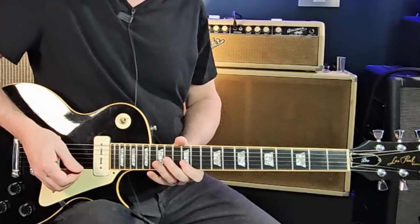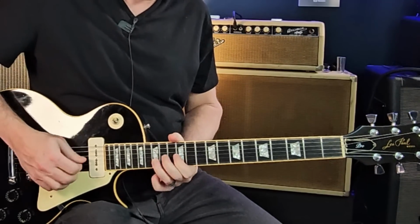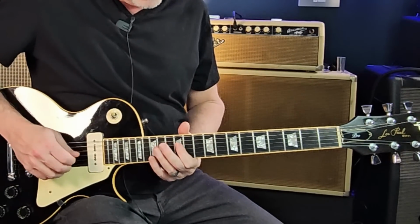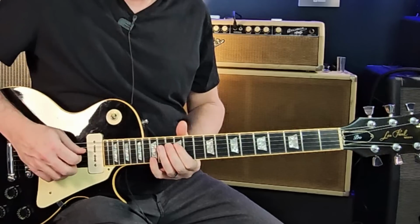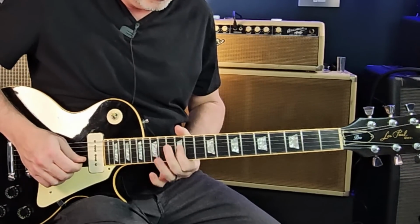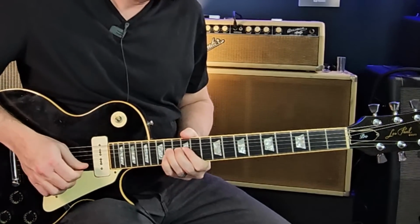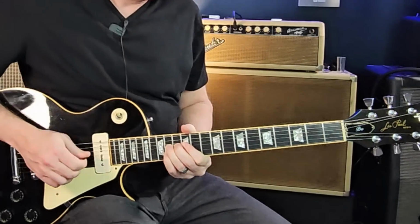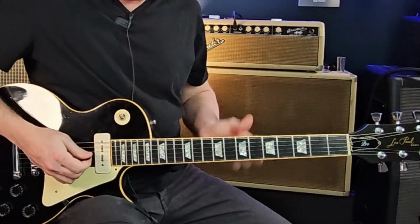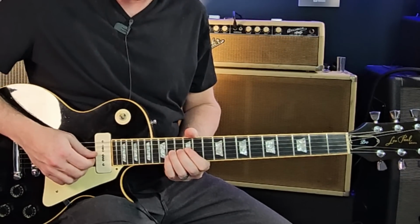Right? And we're going to go all the way up to our high E string. All of that is, again, our minor pentatonic. Right? Now we're going to go a little into our double stops. That little section there. And notice those bends are very minute. They're not very big. They're maybe a half step bend, maybe,